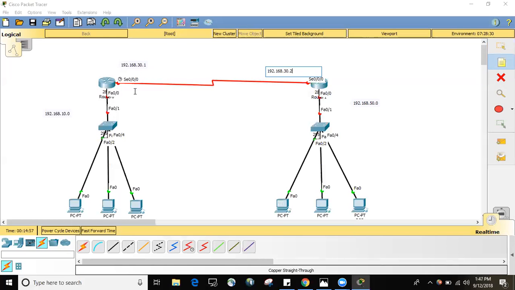So combinedly, from this interface to this interface, the network will be 192.168.30.0. Okay, and